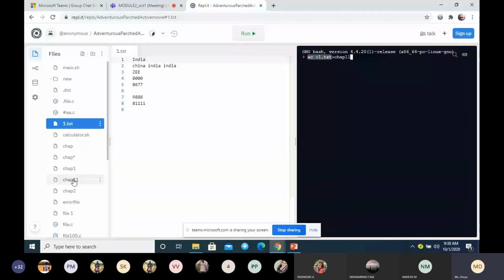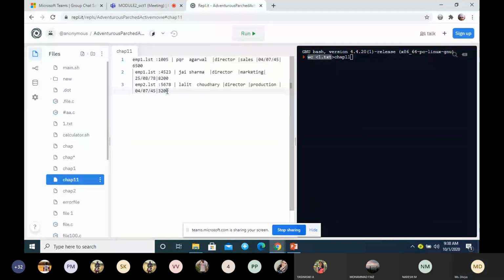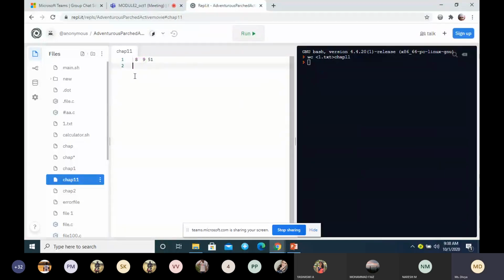Now look into this. I'll execute this here. It will override the previous content, then print how many lines, words and characters there are. So here we are dealing with both input as well as output. We are taking the input as well as giving the output, so both the symbols are used. Is it clear? Okay.